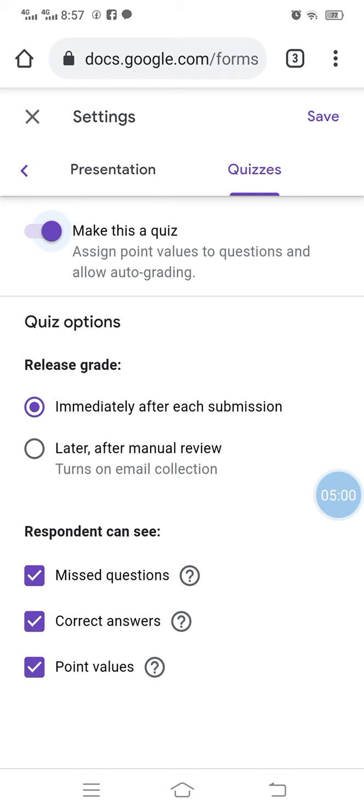Here comes next options, release grades. If we are going to create only MCQs, then we can immediately release the grade scores. Or if we have short questions also with this MCQ, this type of form, then we will select this later after manual review. Means when we check the short questions and then we will release the scores to the student. But at the spot we are going just to create the MCQs question quiz form, so we will immediately release